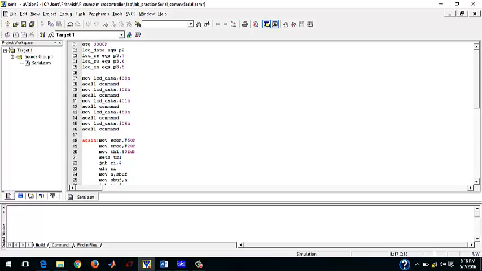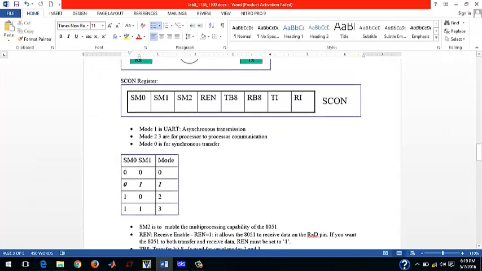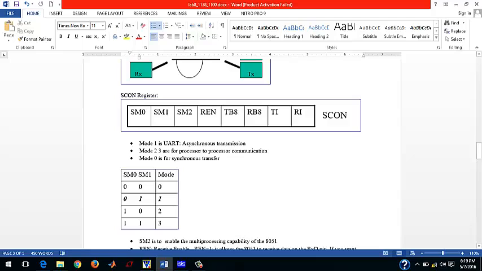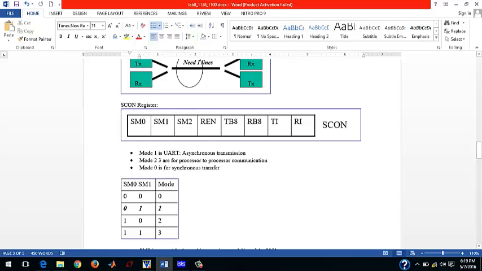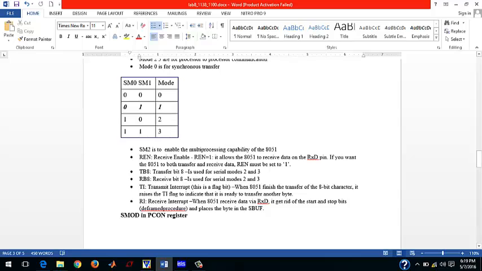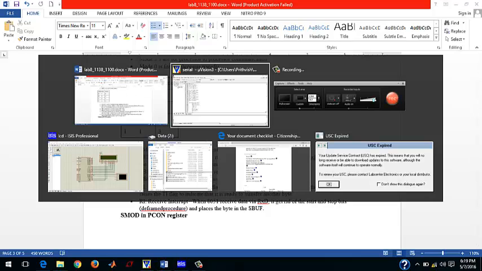For serial communication, you use this register SCON, which is the most important register in serial communication. Here is the SCON register. The SCON register is an 8-bit special function register. To basically set it to UART communication, you set the bits SM0 and SM1, basically mode 1, and you also enable your receive. And the rest of the bits are currently not used in the program. So if you have any other queries regarding the bits, you can Google and Wikipedia and any other informative websites